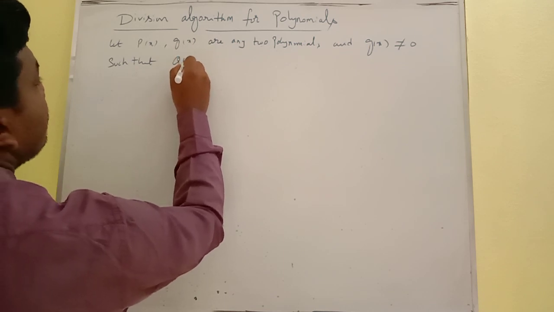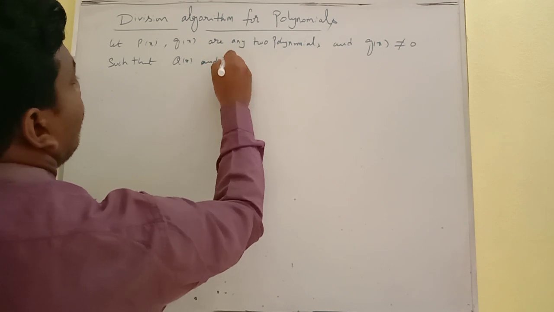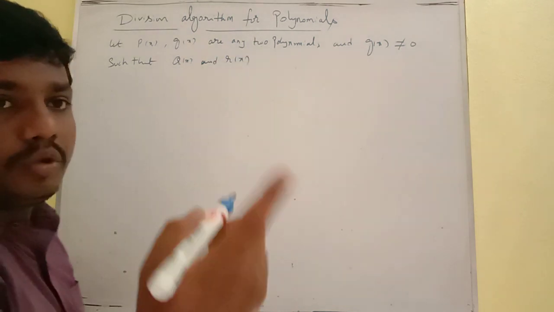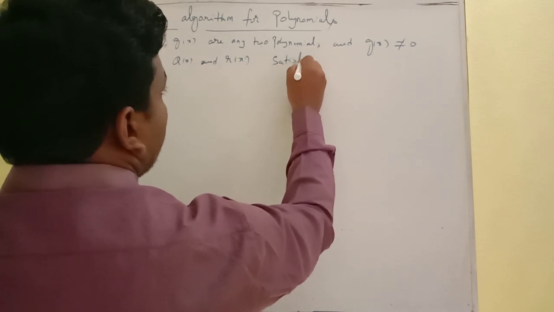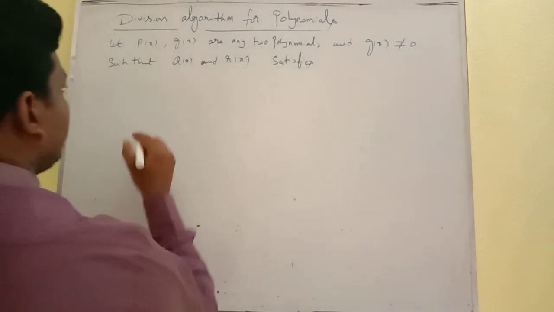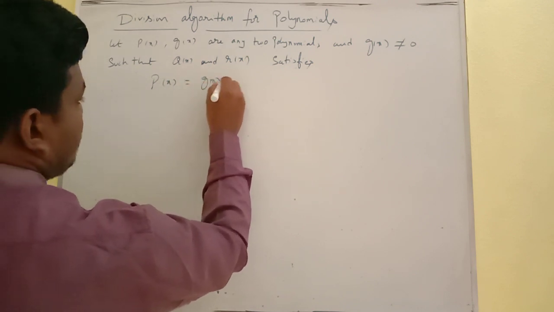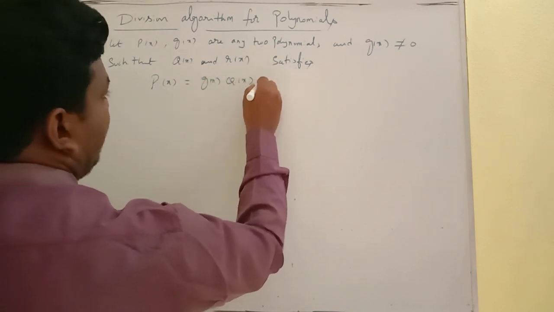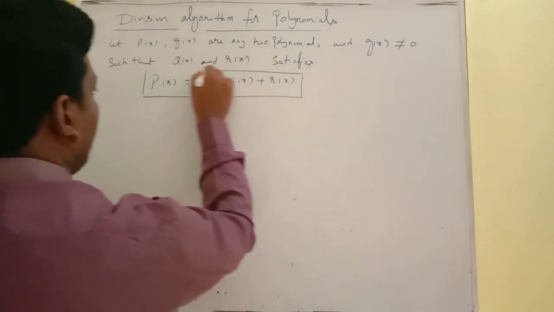q of x and r of x are two more polynomials satisfying the condition p of x is equal to g of x into q of x plus r of x. So this is called the division algorithm,